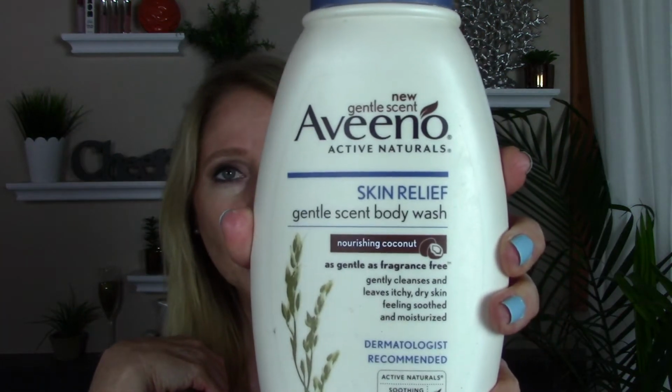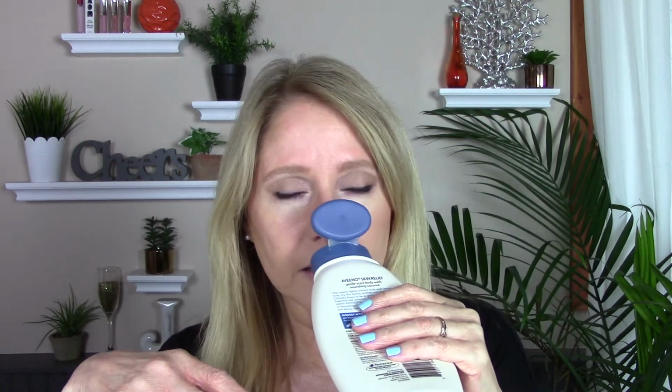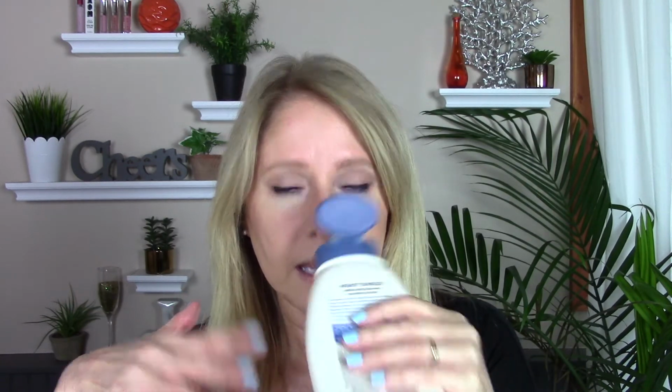Okay, so then we're on to some body stuff. This is a VINO Skin Relief Gentle Scent Body Wash in Nourishing Coconut. I have this in the shower. Use it with a puff or with the little scrubby gloves or washcloth, whatever. It has such a nice, soothing scent. It's kind of spa-like a little bit, but it's not herbal. Coconutty, but different than coconut. Very light scent. It says it's as gentle as fragrance-free, which I think is really better for your skin,